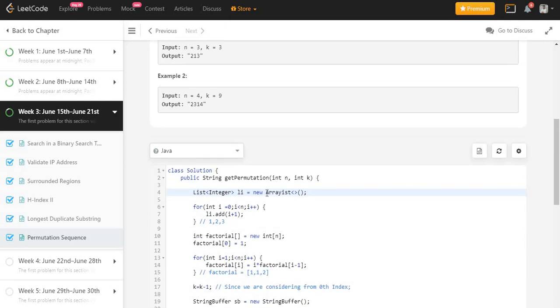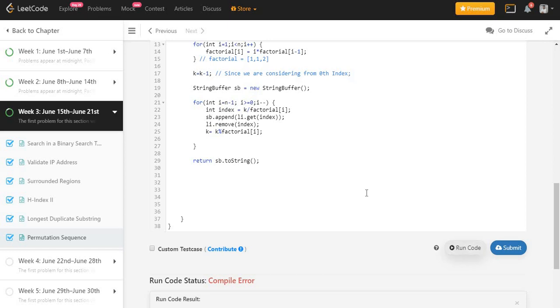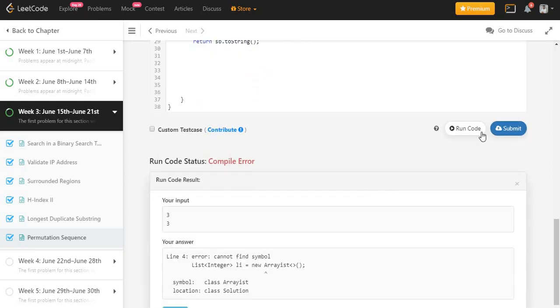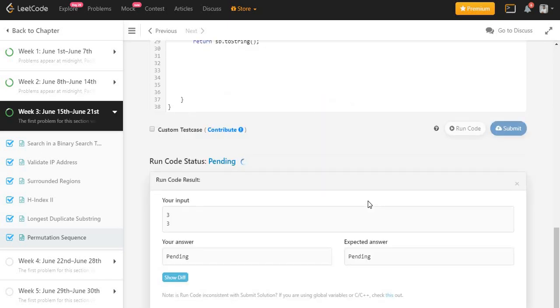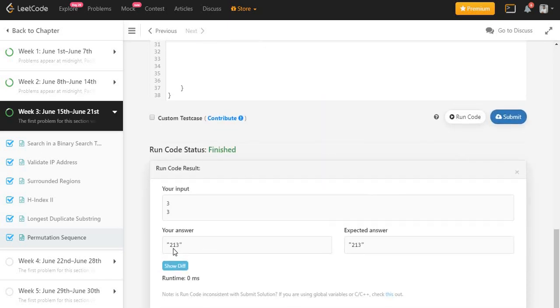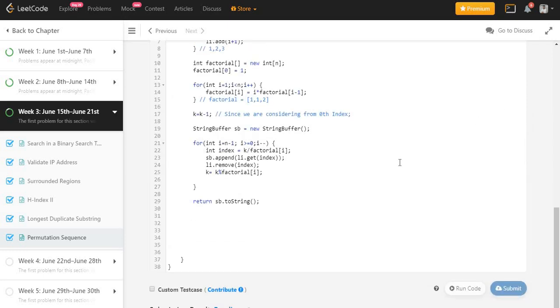Let's run it now. Yeah, you can see that we are getting the expected output. Let's submit my solution.